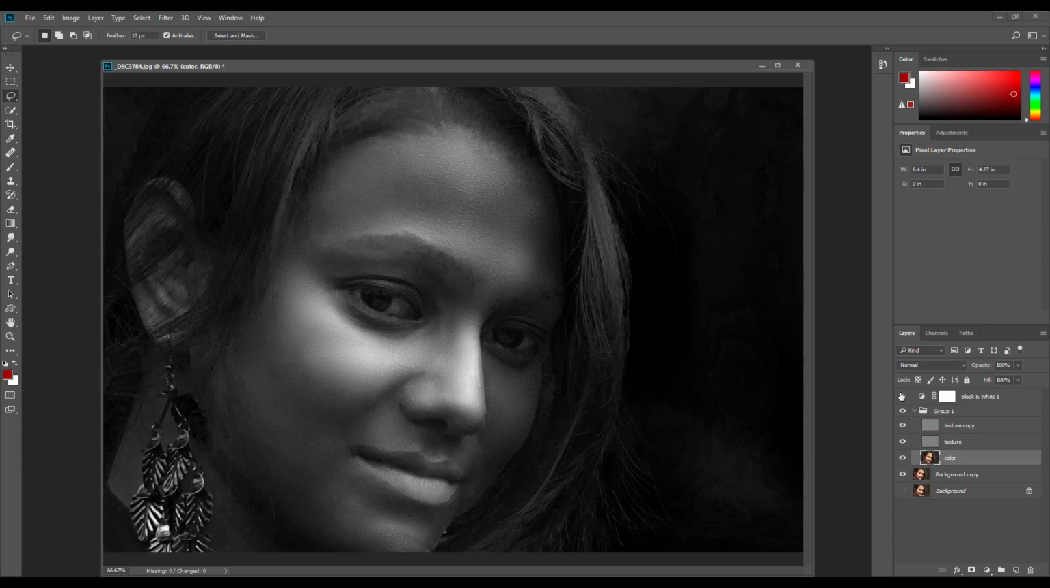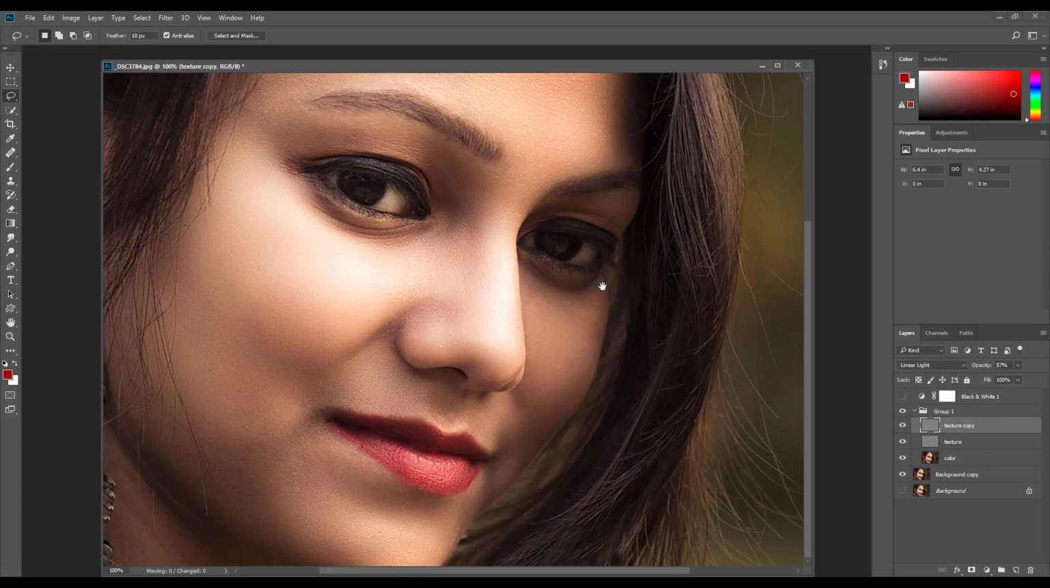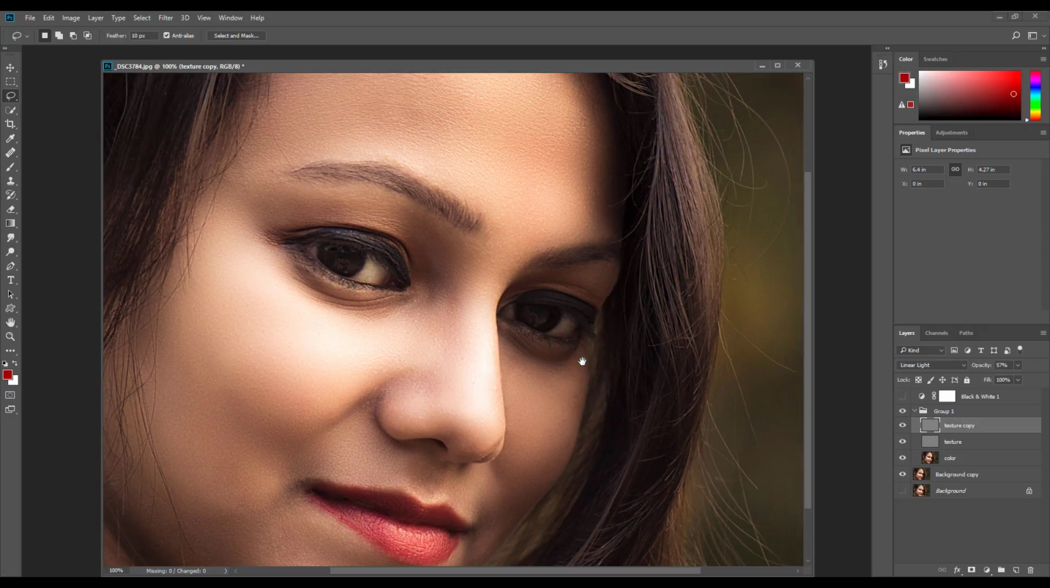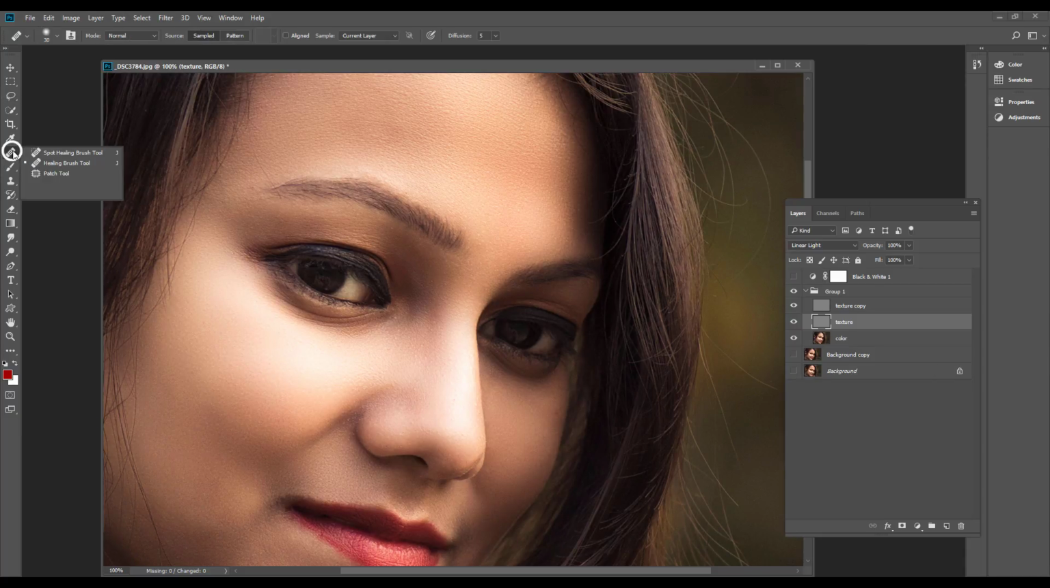I think that's okay. Just remove the no. Look at it. You can just select the layer, just take the patch tool and